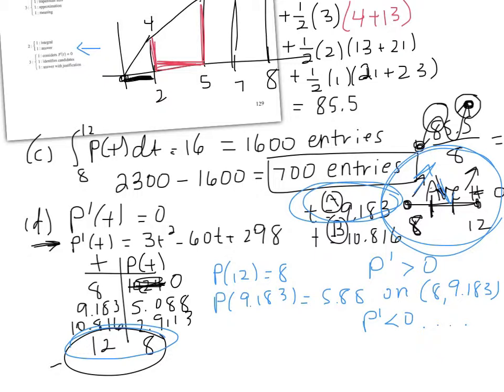Does this make sense? They're very picky when it comes to grading. You need to say it very precisely. I thought P prime is